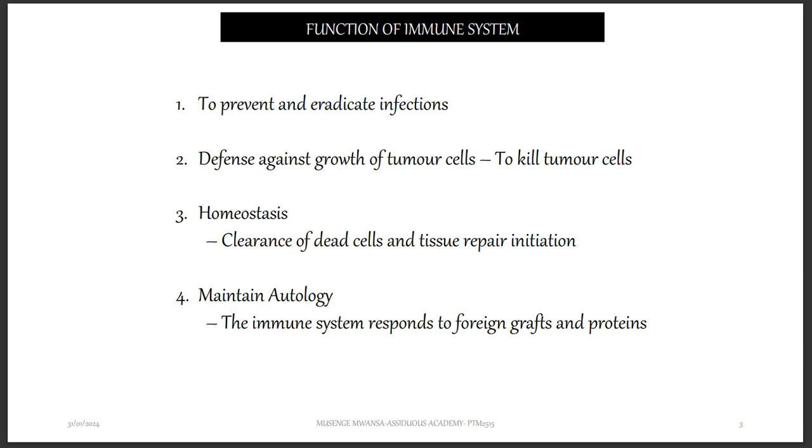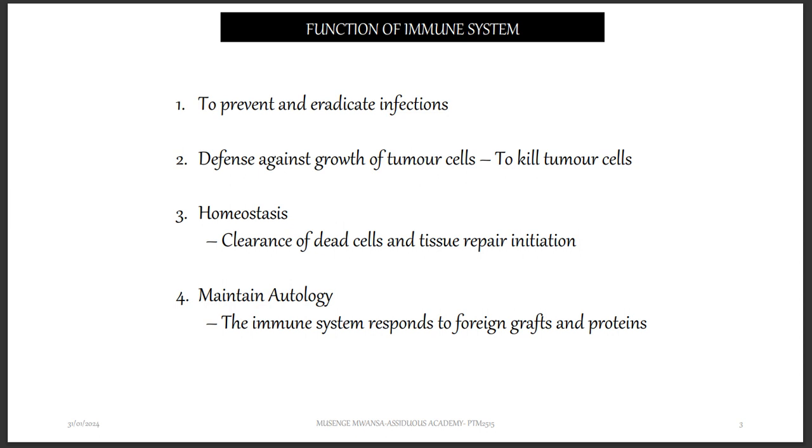Say, for example, someone was burnt, and then in that place there's no skin. So what you do is you remove skin from another person and put it at that point. That is a foreign graft. You are basically transferring tissue from one person to another. So the immune system wants to maintain autology, meaning that it fights anything that does not belong to the body,